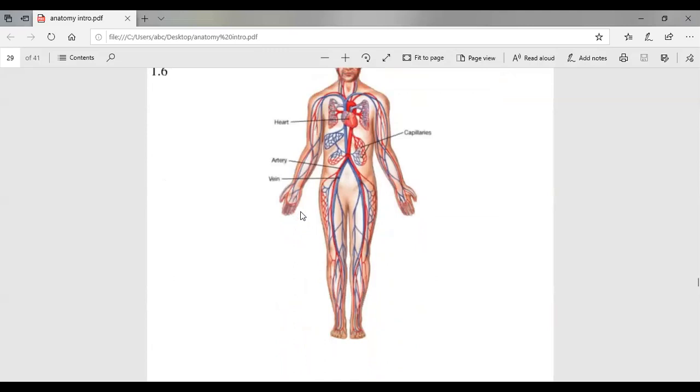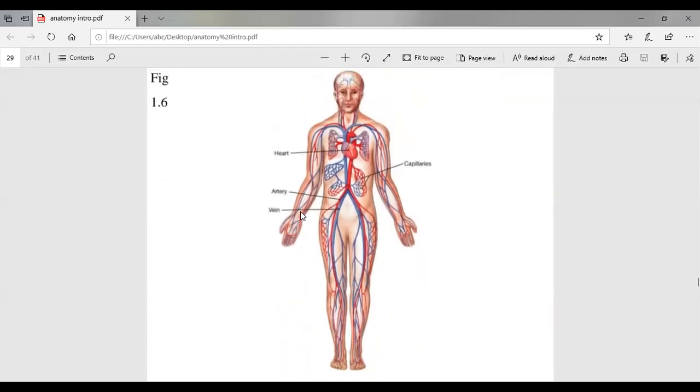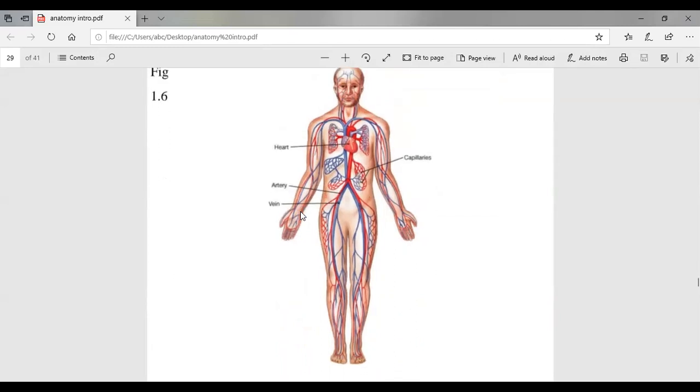So this is the entire cardiovascular system in a single image. The red colored pipe-like structures, as you can see, these are arteries. There are two types of wires which come out from the heart. I will use very basic layman's language because it should be understandable to all the audience. So heart is present in the chest, as you can see, right? It is labeled on the left side, the heart, and it is giving many pipes. Correct?